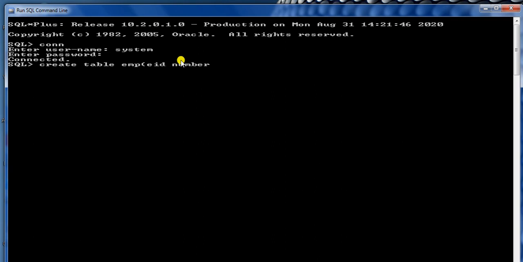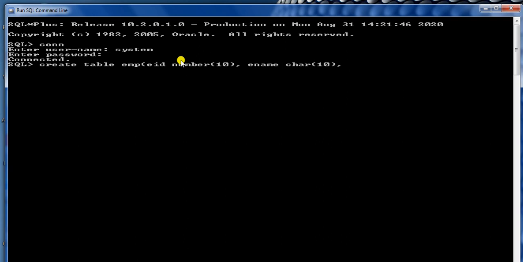Its data type, and then size for the column, then comma. After that, insert second column name as ename, its data type and size. Okay, I have two columns in the table, employee ID and employee name.